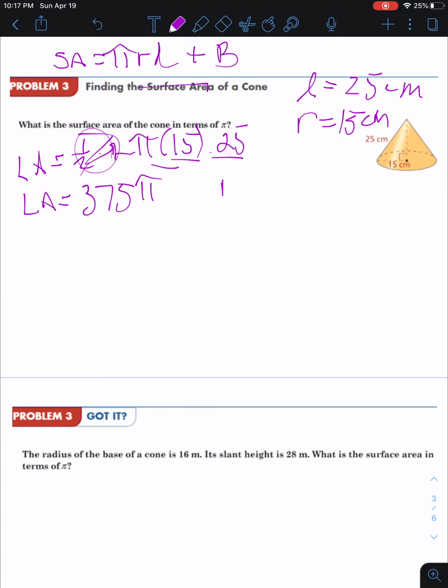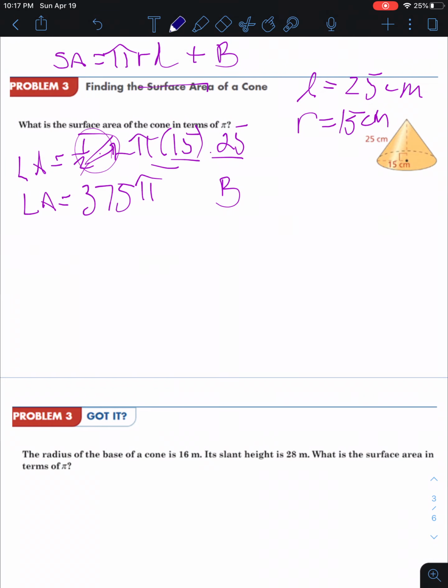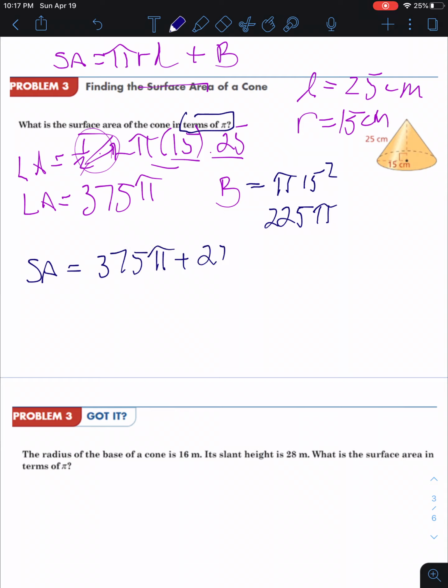The base. Let me change the color on the base. We'll go to navy blue. And the base would equal pi r squared, which would be pi times 15 squared, which is 225 pi. Now, I'm to answer this in terms of pi, so we're not going to worry about simplifying pi's. The SA, the surface area, is 375 pi plus 225 pi, which gives me 600 pi